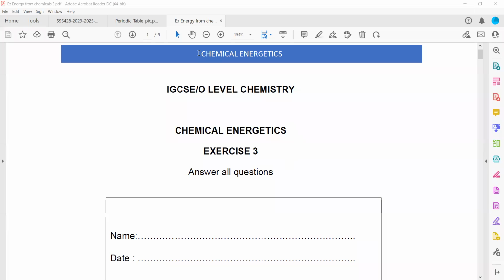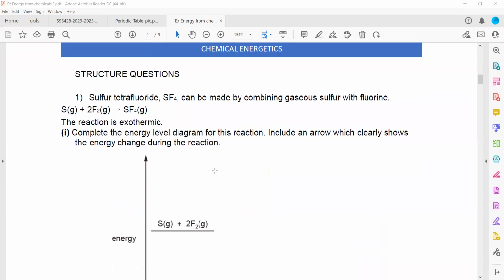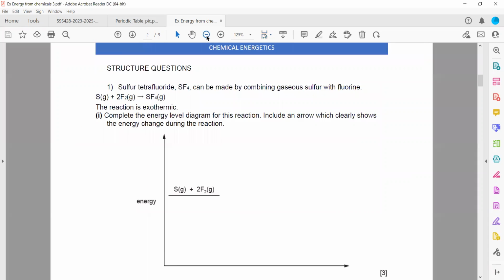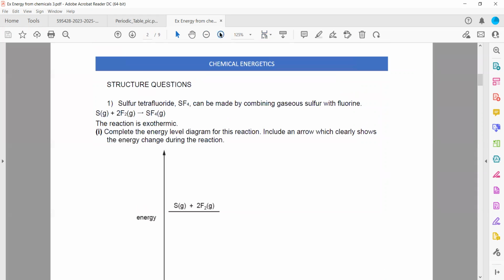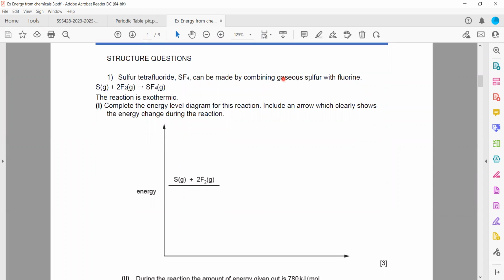So this is a chemical energetics exercise, structure questions. In the first question, sulfur tetrafluoride, which is SF4, can be made by combining gaseous sulfur with fluorine. The equation shows gaseous sulfur mixed with 2 moles of fluorine to give sulfur tetrafluoride. The reaction is exothermic. We have to complete the energy diagram and include an arrow which shows the energy change during the